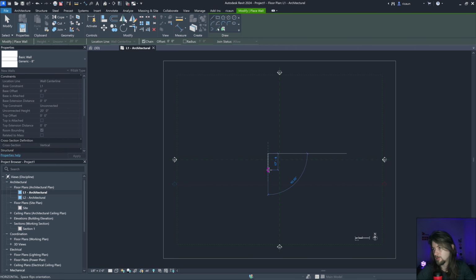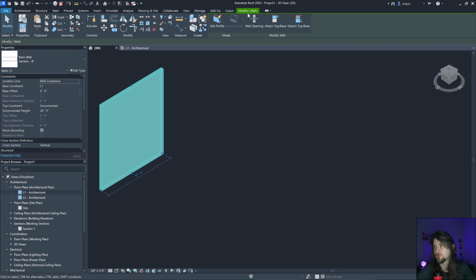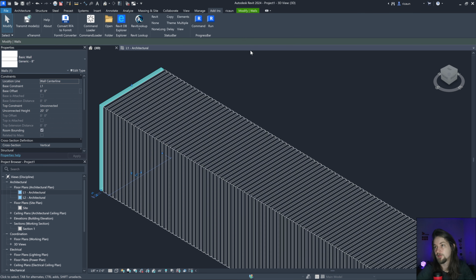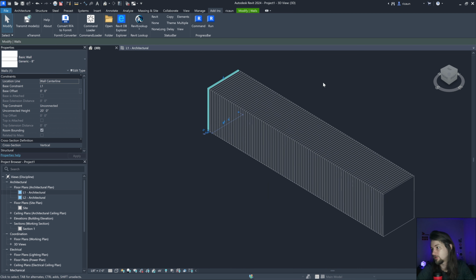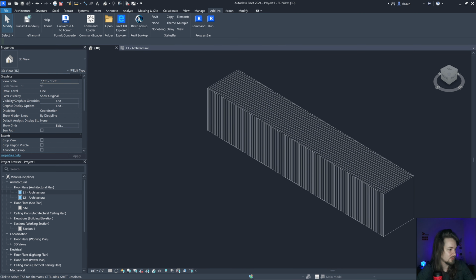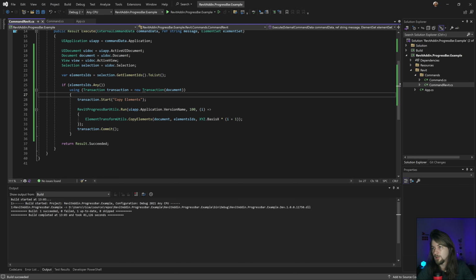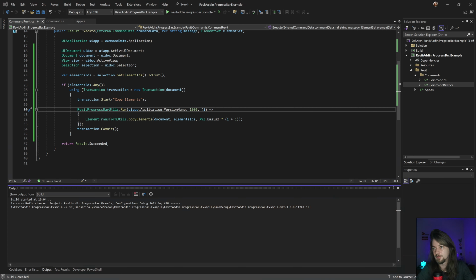Yeah, this is better. Let's try again just to see everything works, I guess. I'm gonna create all the walls. Yeah, great. And let's try something a little crazier. Let's add more walls. Yes.